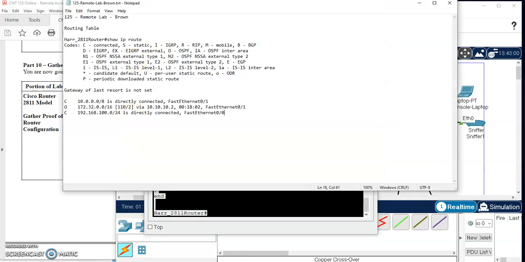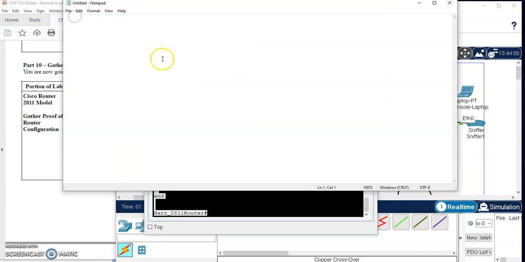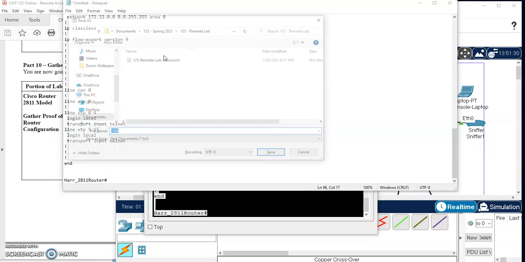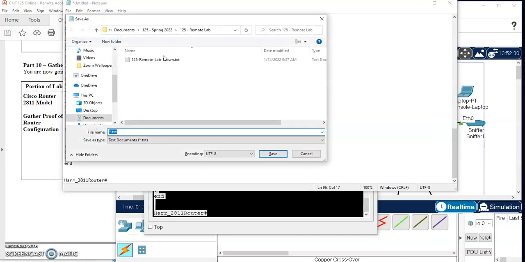I'll open up a new notepad file, so I'll say new, 125, remote, brown, and I'll say in here, this is my Harrisburg router config. Something to that effect. I'll paste it in. I'll save this guy. Remember to leave the TXT file extension,